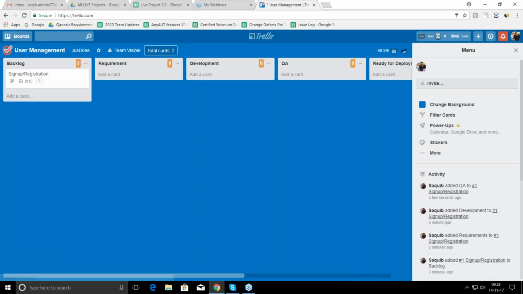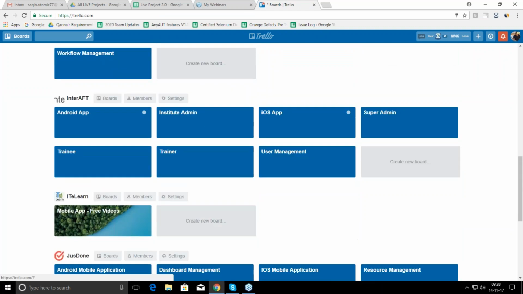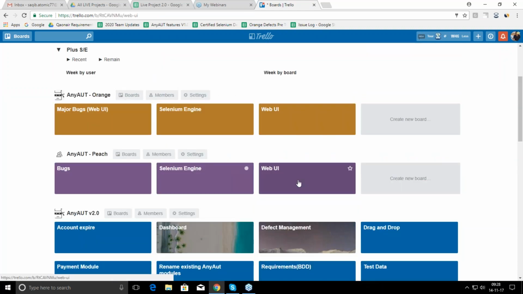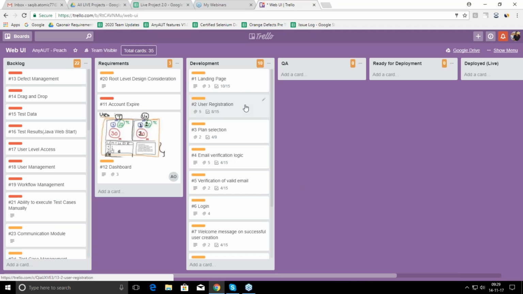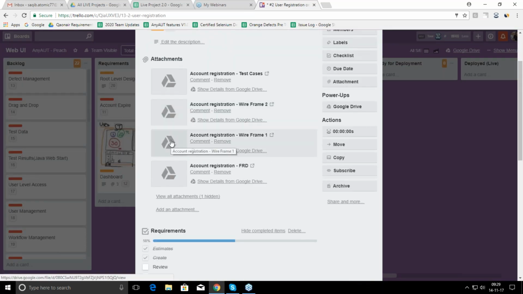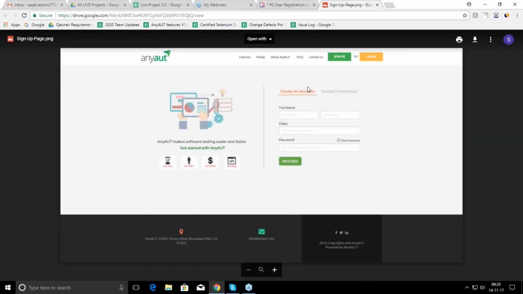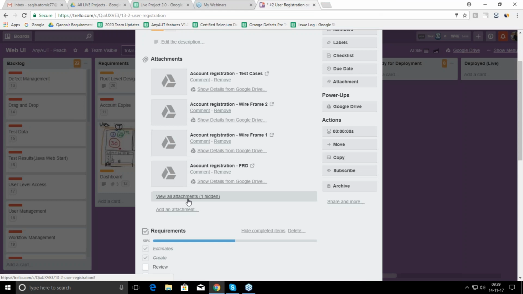So I will show you how the user stories can be written. For account registration, we have wireframes here, team. If you can see here, this is the design. Sorry, the web designer has provided us the wireframes, like the sign up form should be like this. Based on that, we have written some